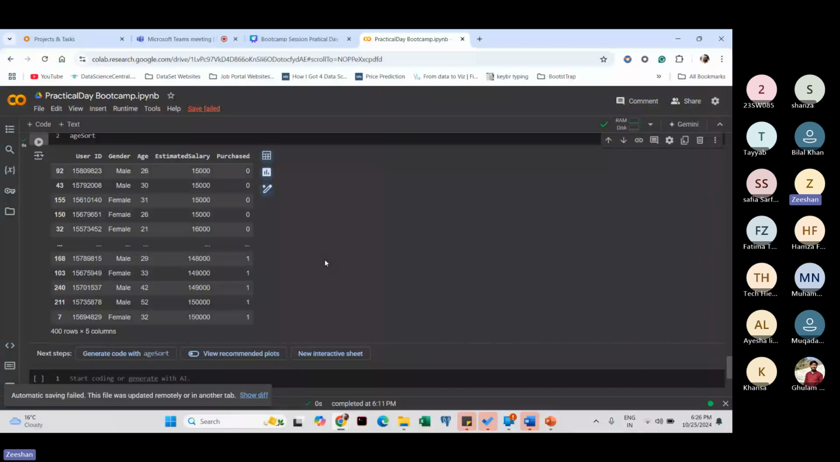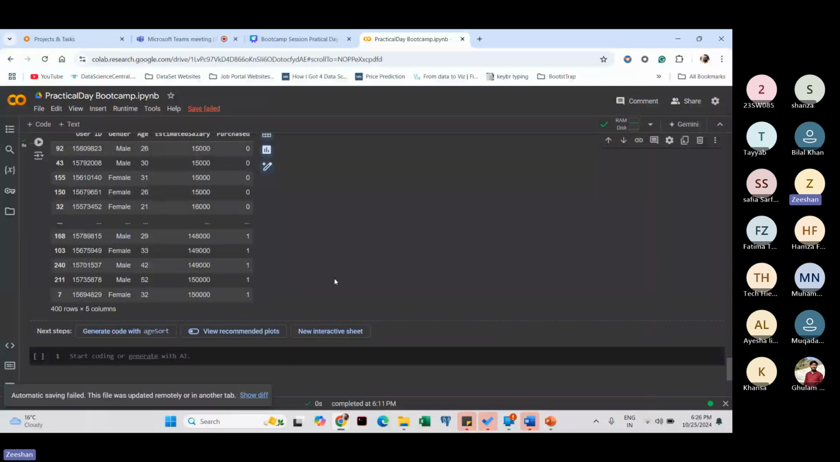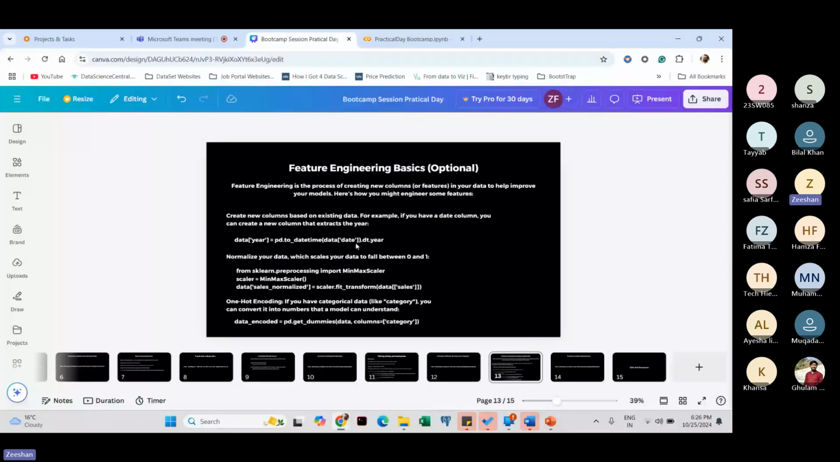कंप्यूटर तो समझता नहीं है भाई, जब हम एनालिसिस करने जाएंगे तो ये समझेगा नहीं कि ये क्या है, वो मेनली बाइनरी में ही समझता है। तो हम क्या करेंगे कि हम इसको चेंज करेंगे 0 और 1 में। तो आप यहाँ देख सकते हैं कि यहाँ पर लिखा है वन हॉट एनकोडिंग, इफ यू हैव कैटेगोरिकल डेटा लाइक कैटेगरी यू कैन कन्वर्ट इनटू नंबर्स दैट अ मॉडल कैन अंडरस्टैंड। जब हम आगे का अपना मशीन लर्निंग मॉडल इम्प्लीमेंट करेंगे तो ये वहाँ के लिए है। तो हम ये पर्टिकुलर फंक्शन यूज करके उसको चेंज कर सकते हैं। तो मैं आपको दिखाता हूँ ये कैसे होता है।